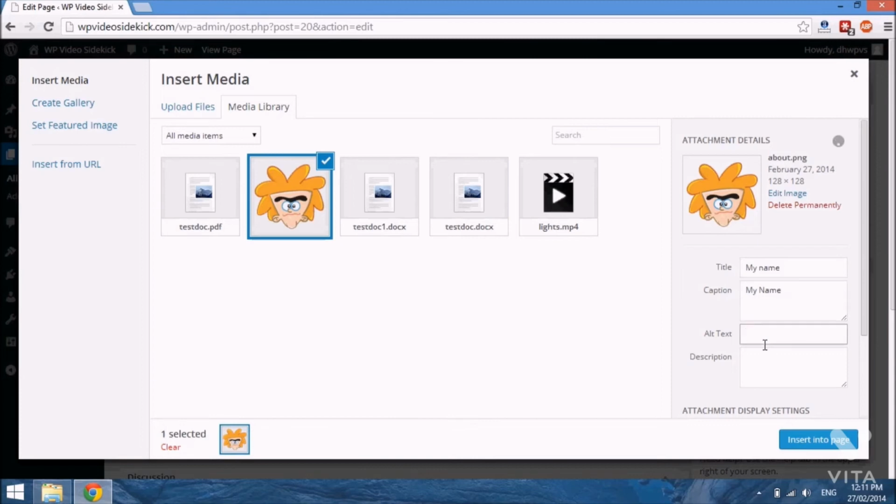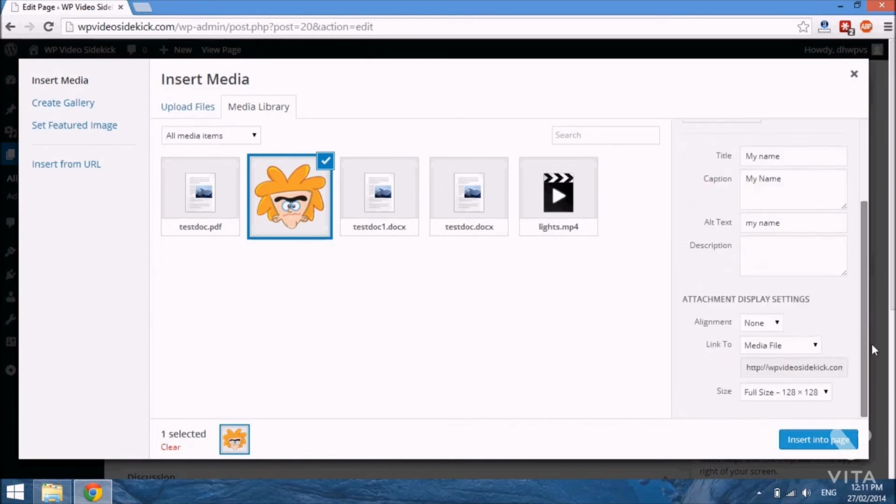And as I mentioned, the alt text is just to tell search engines what the image is about, and you can add a description which is really for your purposes. And then you can go ahead and